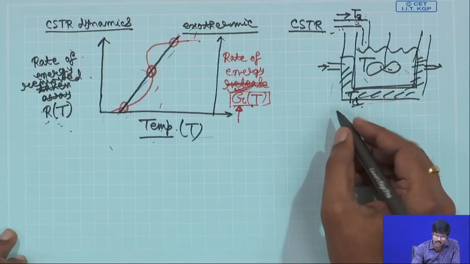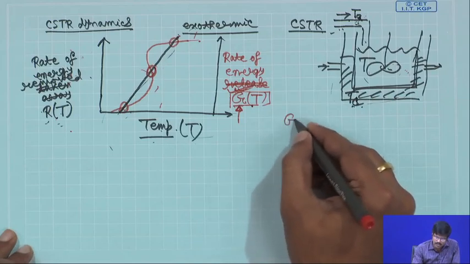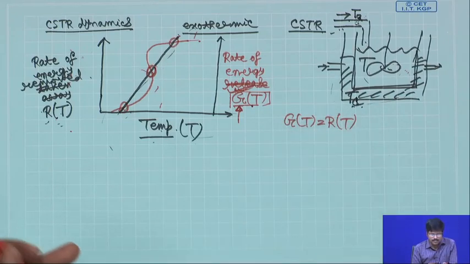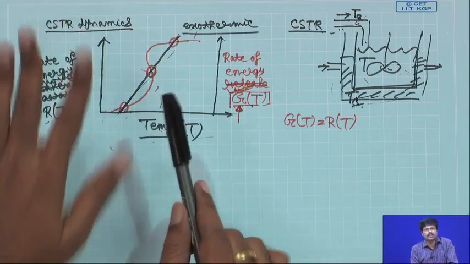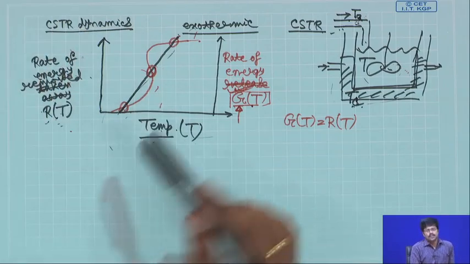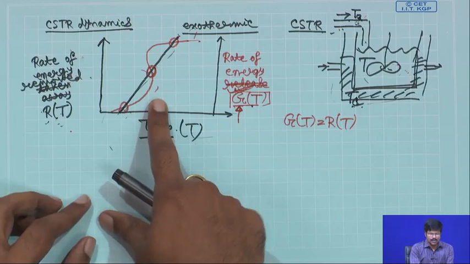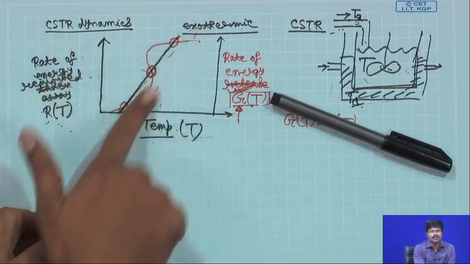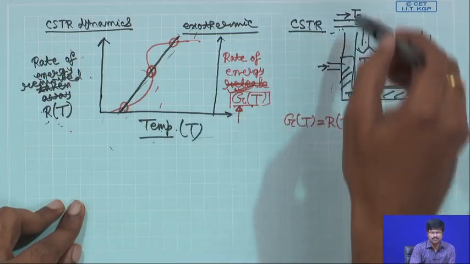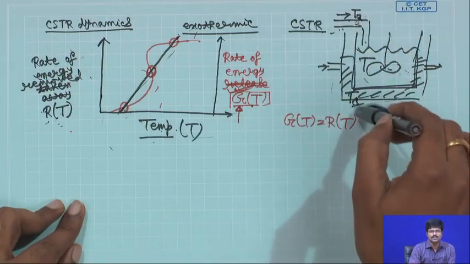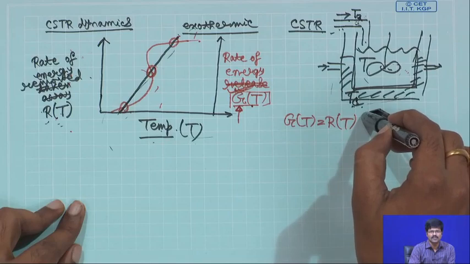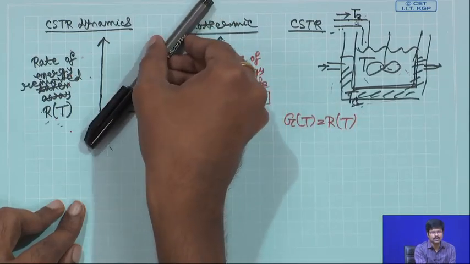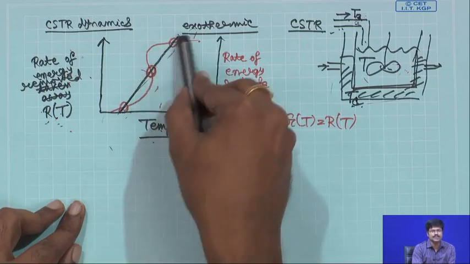So, in that situation your GT will be equal to RT. For a CSTR, if you look at this particular graph, this black line indicates a specific operating condition, given by the specific value of T0, the specific value of Tc, and so forth. For this particular operating condition, you basically have 3 steady states that are